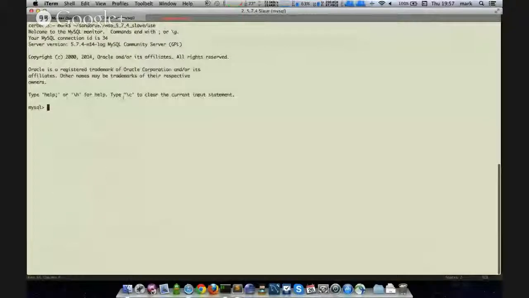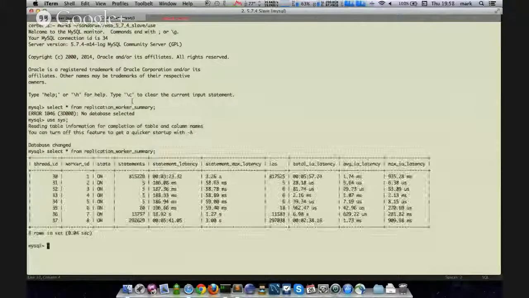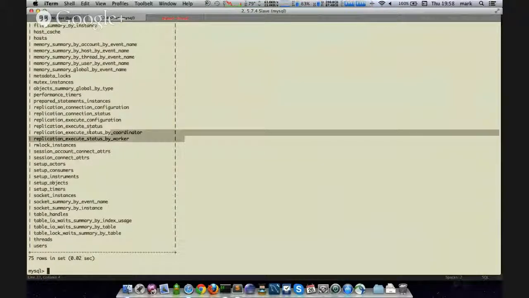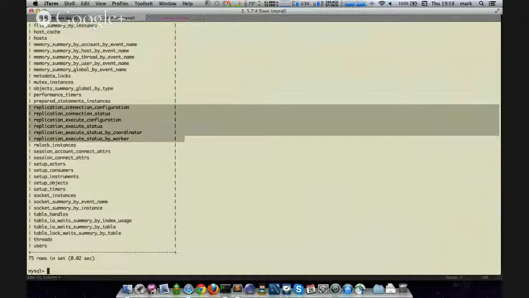But there's a lot of great data in there in 5.7. One of the other things, this is the slave. There's a bunch of replication info in there as well now. So actually, I'll show them. It's these. So we've broken down the replication show slave status for the most part into a properly broken out